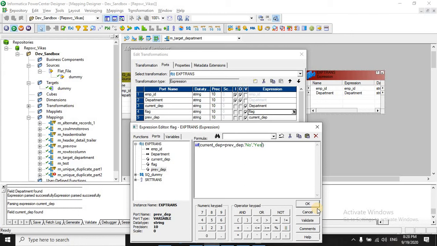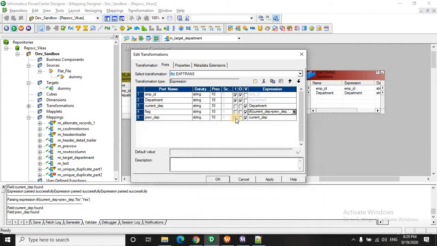Till the time you are in the same department, you are not going to write in another target, you will continue writing in the same target. You can understand it in this manner. Now let's take the output of the flag.